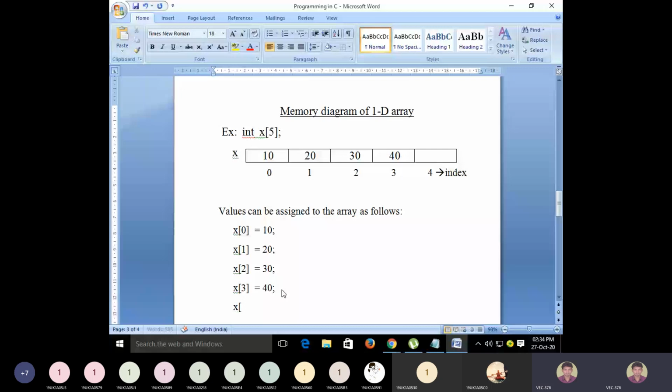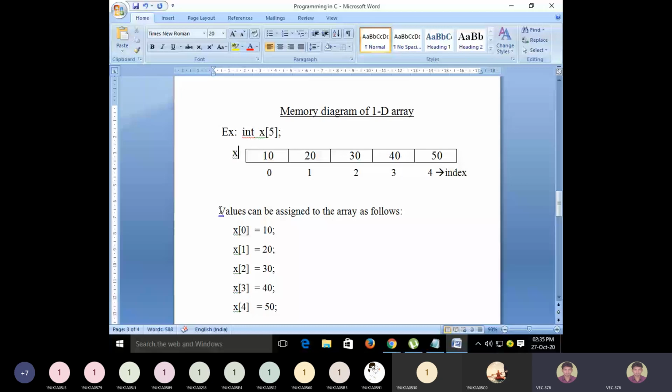If you say x of 4 is equal to 50, then 50 will be stored in the last element location. So this way the elements can be stored or assigned to the array. Now you have stored 5 integer numbers using a single variable name, and this is called a one-dimensional array.